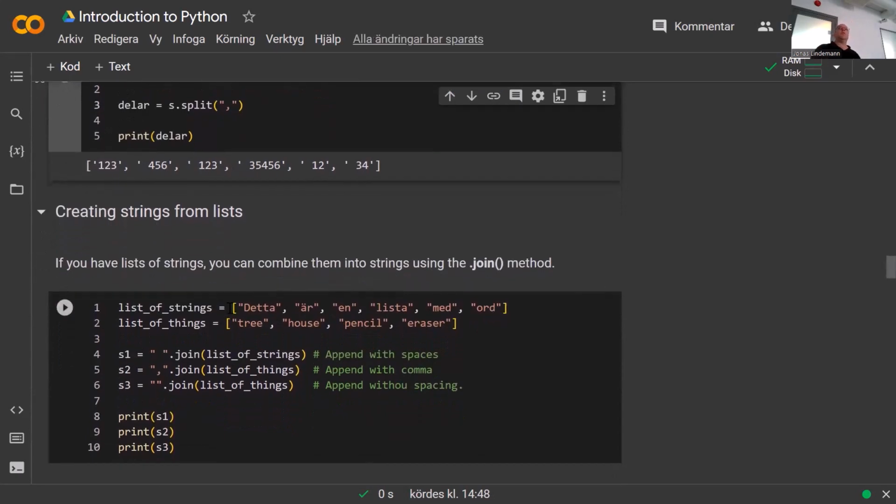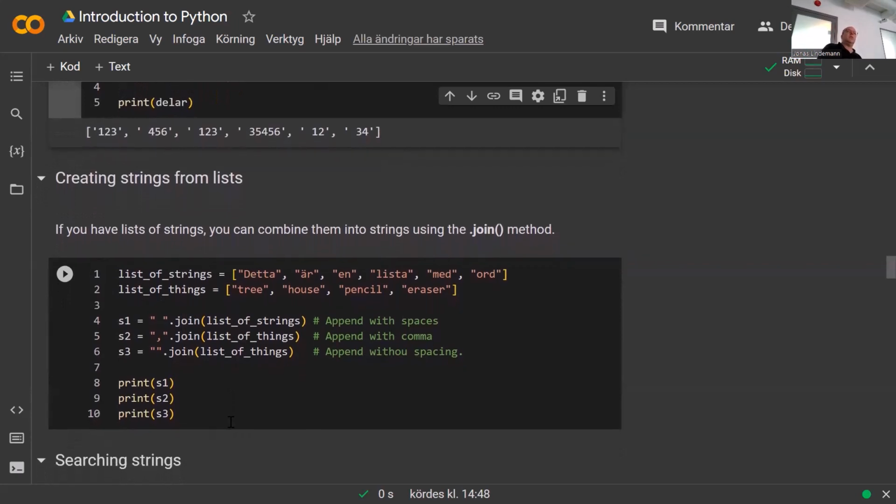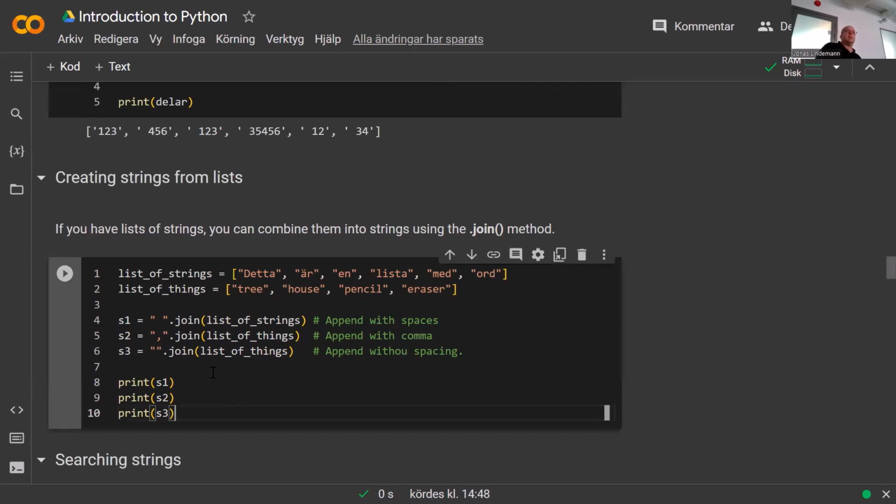And then you can also go from lists to strings. And this is perhaps a bit odd syntax. There is a method on a string called join, but you do it a bit backwards. So if you want to join, for example, this list of strings here with spaces, you actually tell a space to join the list. So this is the spacing you want between the items here, and then you do dot join, and then you provide your list, and that will create a new string